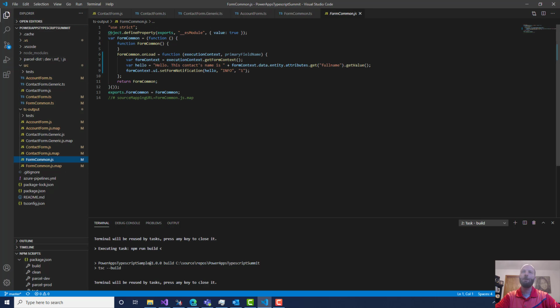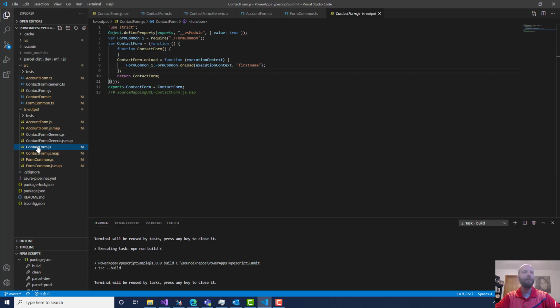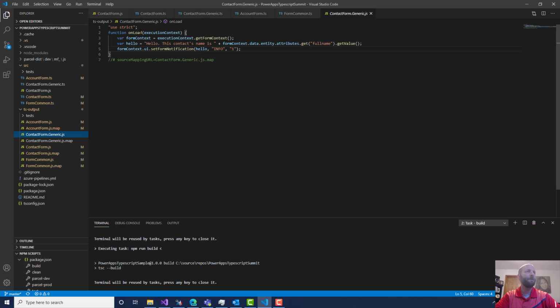So all of that code that we put into our form common actually shows up in this form common.js. If we look at our contact form or our account form.js, you can see they look a lot different than what we were looking at before, even for our contact form generic.js, just a couple of lines of code, as well as